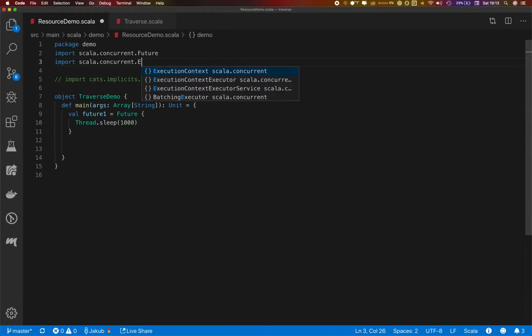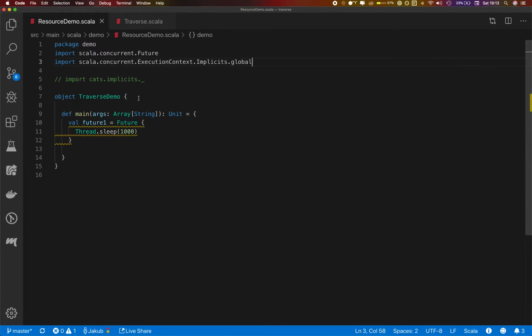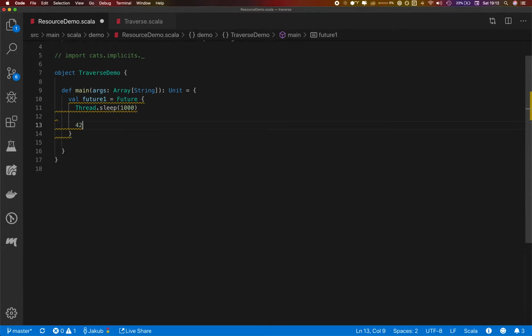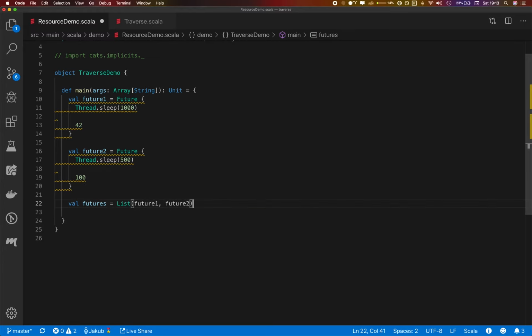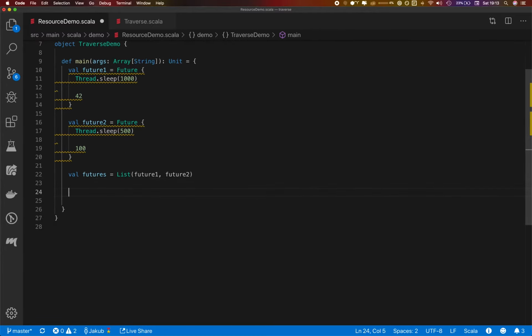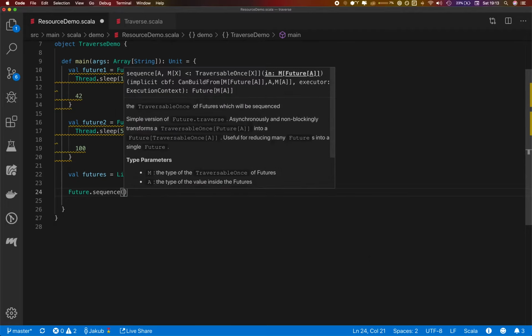So for that, I will need an execution context. Let's use global. And then I can produce some sort of value in this Future. Then I can create another Future that will sleep roughly half a second and produce a different number. Now, I can put these Futures in a list. And if you want to wait for a whole list of Futures, you would most likely use the Future.sequence function,